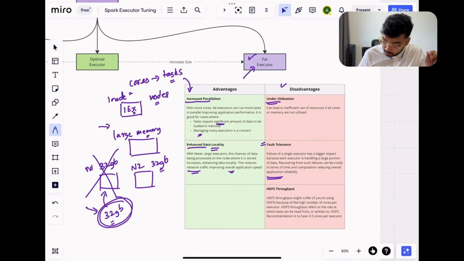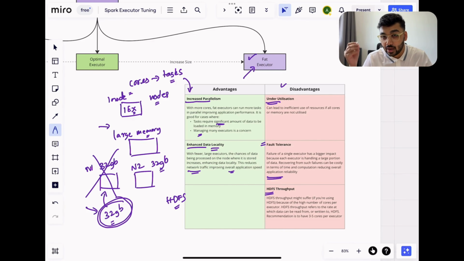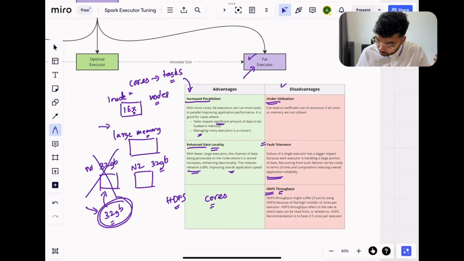Now the last one is HDFS throughput. For those of you using HDFS, throughput simply means the rate at which you can write data to HDFS, or the rate at which you can read data from HDFS, right? Write data to HDFS or read data from HDFS, and the rate at which you can do these two is called HDFS throughput. Now if you use a lot of cores, basically more than 3 to 5 cores, actually more than 5 cores,